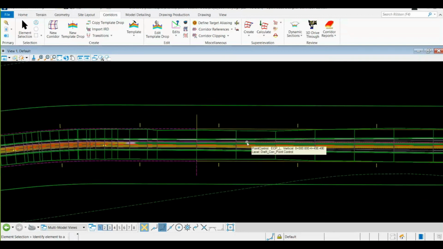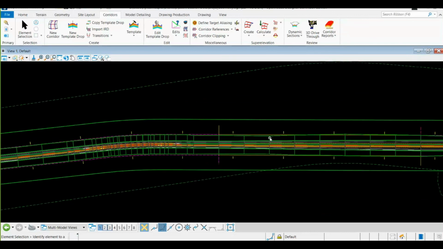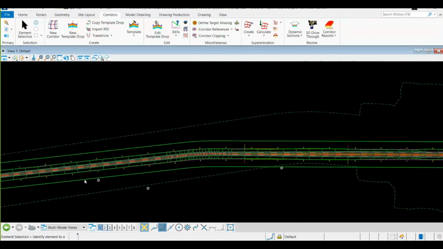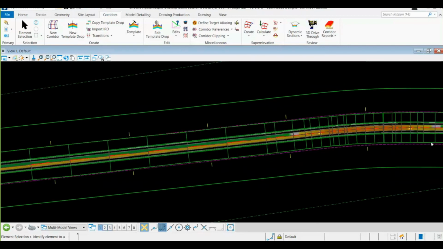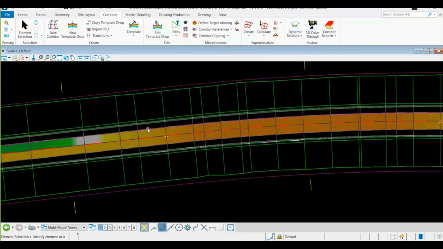One thing more: since this was a completely homogeneous highway, sometimes it happens that as soon as you create your super elevation section, you may not get your super elevation values right over here, and you need to create these super elevation lanes manually. So how do you create these super elevation lanes manually?